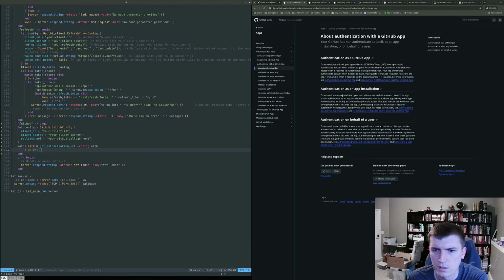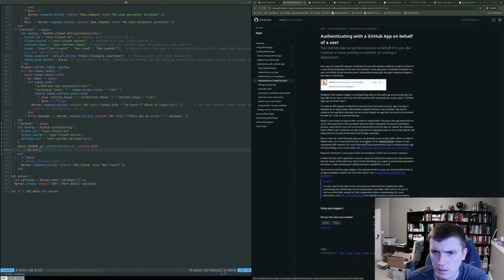About authentication. Dang, this is where I just was. Okay. Here. I attribute app activity to the app steps the user should activate. Okay.